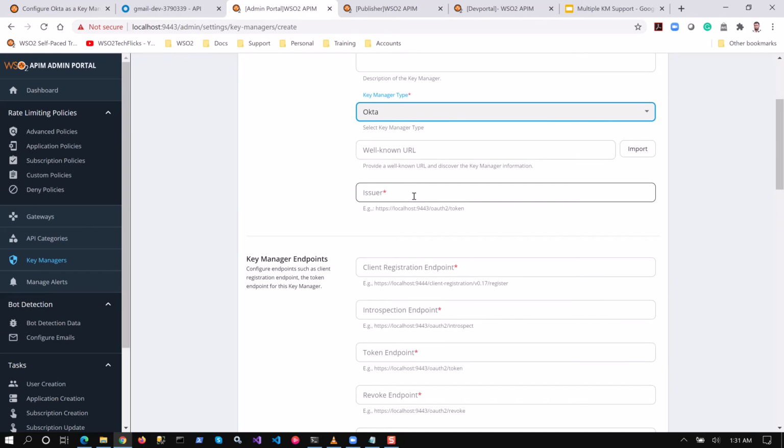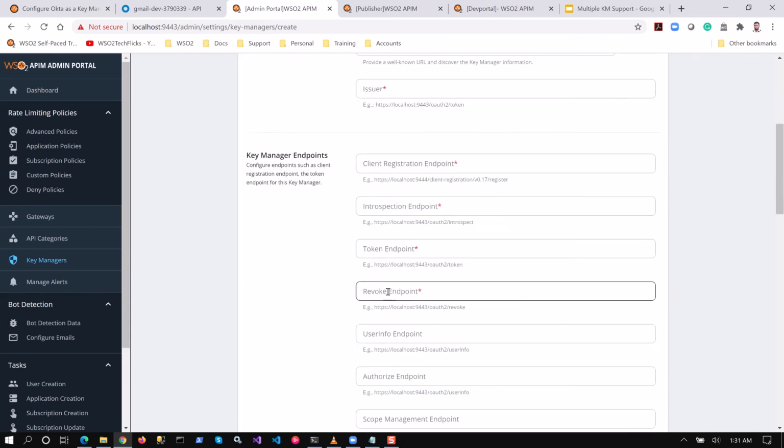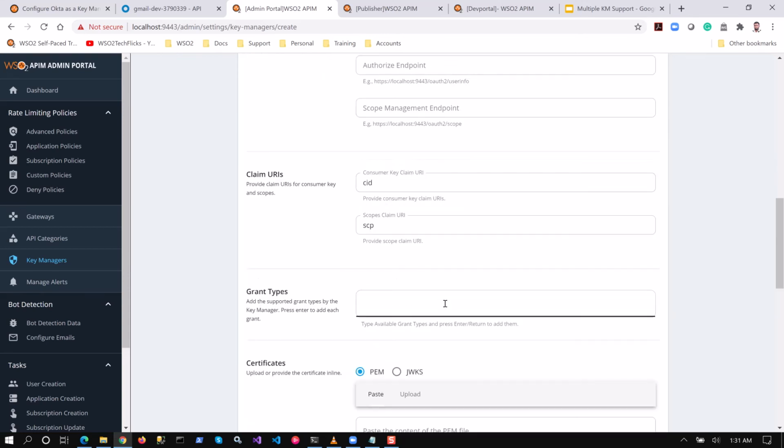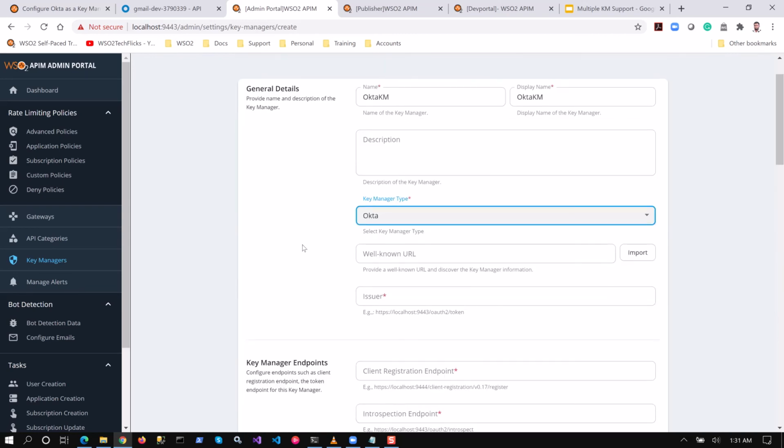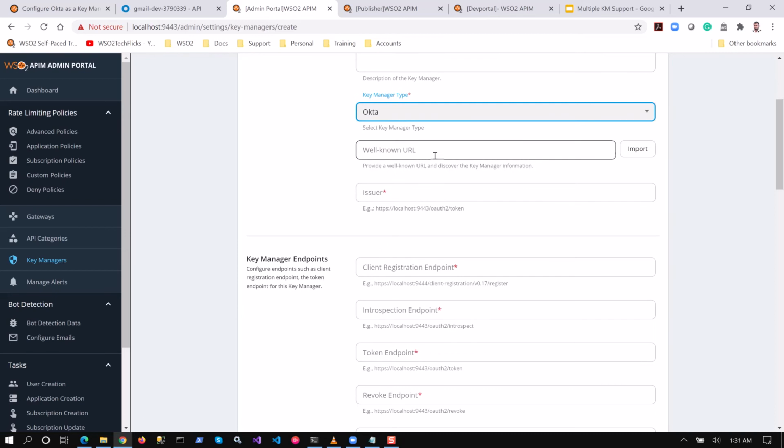Then you need to specify details for all these mandatory parameters like issuer and client registration endpoints, introspection endpoint, token endpoint, revoke endpoint. So there are a lot of mandatory parameters that you need to provide. But the easiest option is, if you have a well-known URL, you can specify the well-known URL and import all the details through the metadata URL.